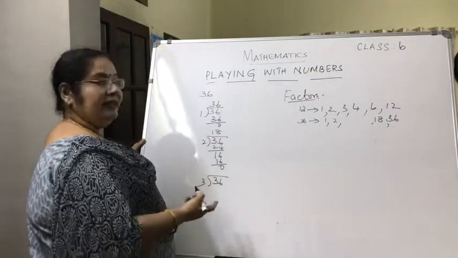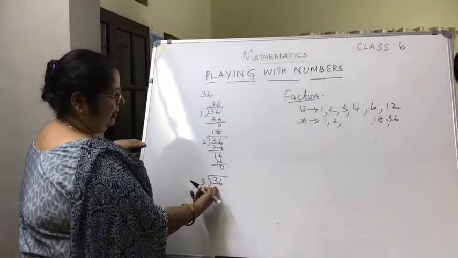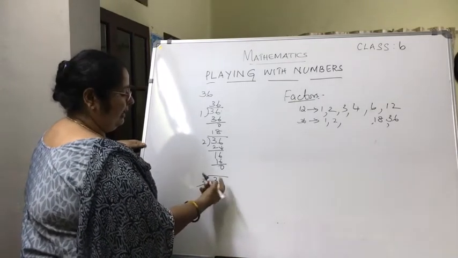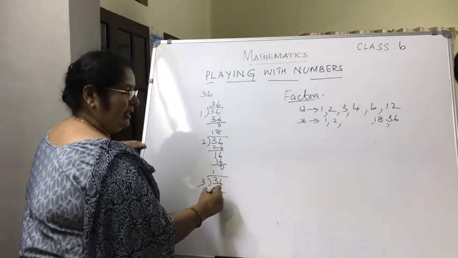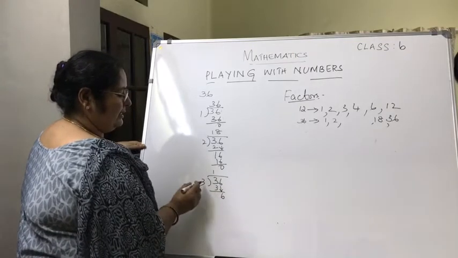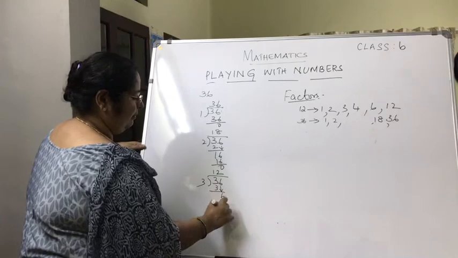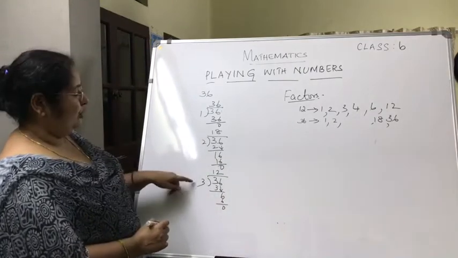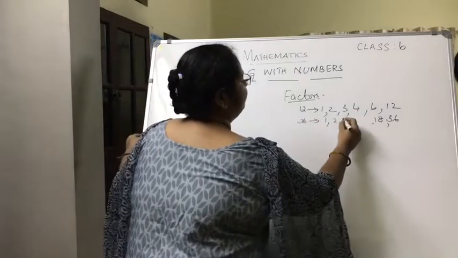Now next, 36 divided by 3. You are going to divide by 3 and see. Now first, since it is 3 and 3 here, you will start dividing. 3 in 3, how many times? 3 ones are 3. Remainder 0. So you bring the next digit down, 6. Dividing 6 with 3. 3 in 6, how many times? 3 2s are 6 with the remainder 0. So which are the factors you got now? 3 and 12.